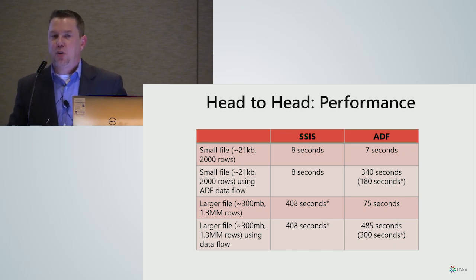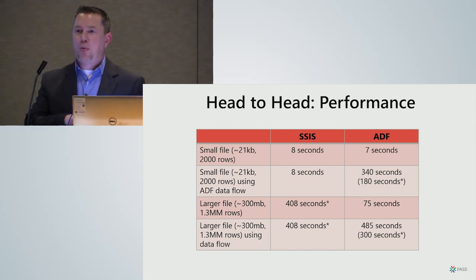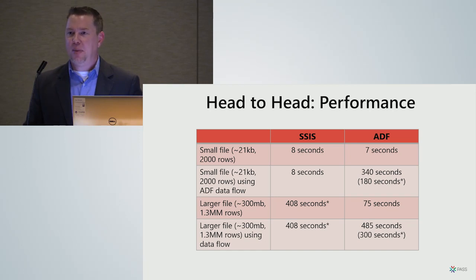Correct. Yeah, so the question was, for the file that we're processing, if we're either reading from or writing to, we can no longer refer to that as a local data file. Well, it's going to be harder to refer to it as a local data file. The easier thing to do if I'm dealing with file-based ETL, either as a source or destination, is to put that in Azure Blob Storage and then pull it out from there.